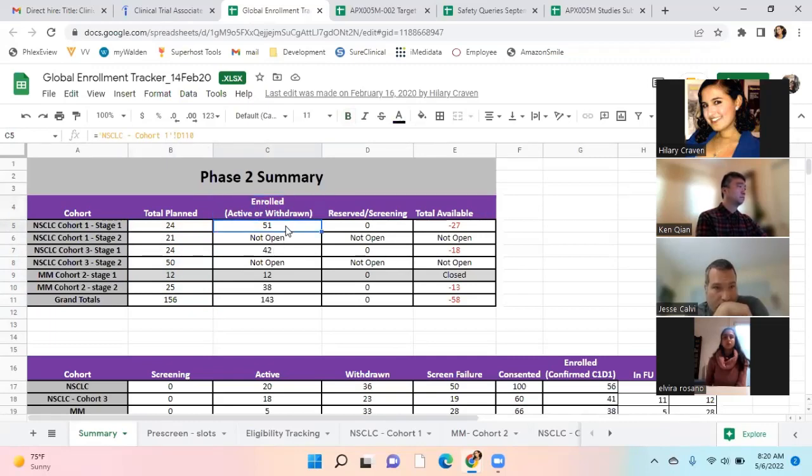So this one is funny because they've had a lot enrolled, but you can see they have had a lot of withdrawn. So that's why the total available is negative, right? So in this case, they've overshot in general. And this number is not quite accurate, right? Because this one's total available is 0, right? But basically they're showing that